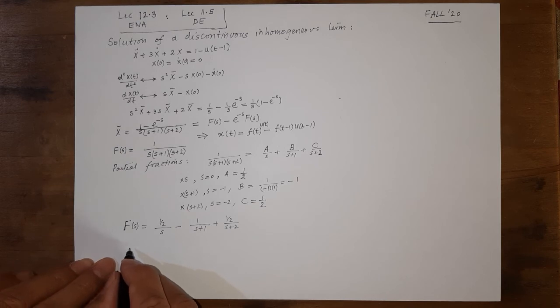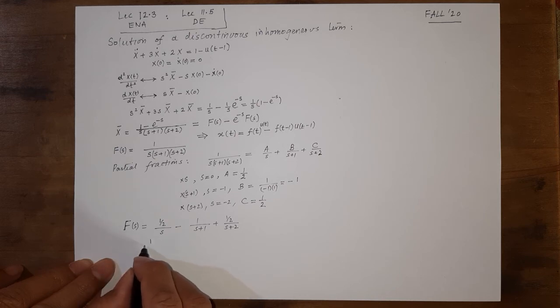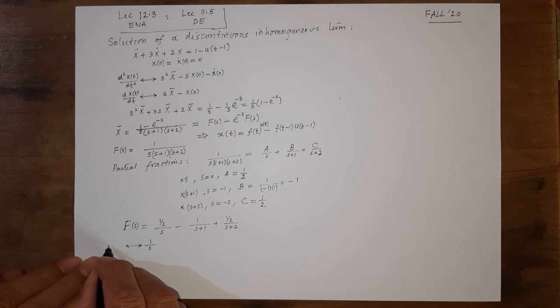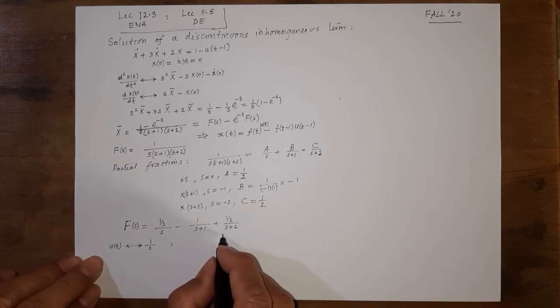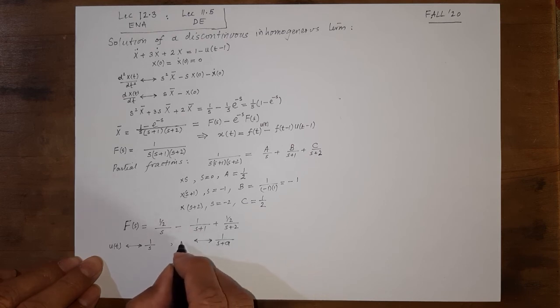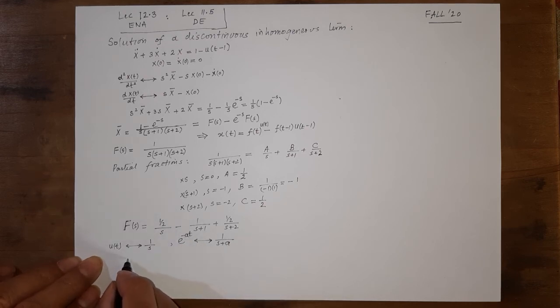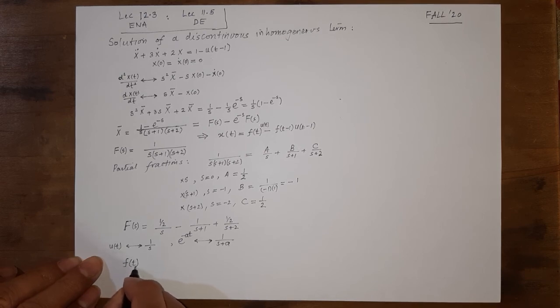And if you see the tables of Laplace transform, you can find such an entry that 1 over s is the Laplace transform of 1 or u(t), and another entry that 1 over s plus a is a Laplace transform of e raised to the power minus at. u(t) is implied. So therefore, by inspection, we can write the inverse Laplace transform,